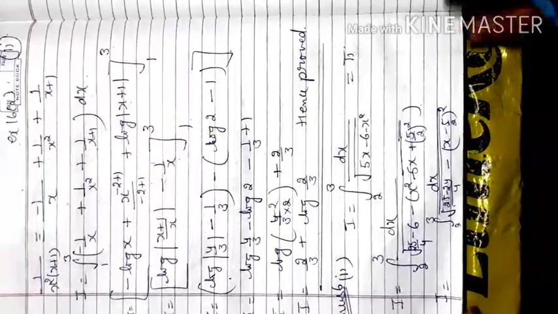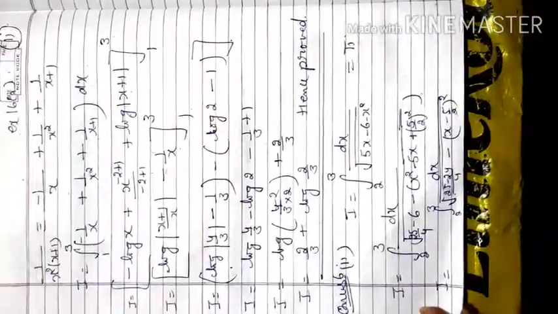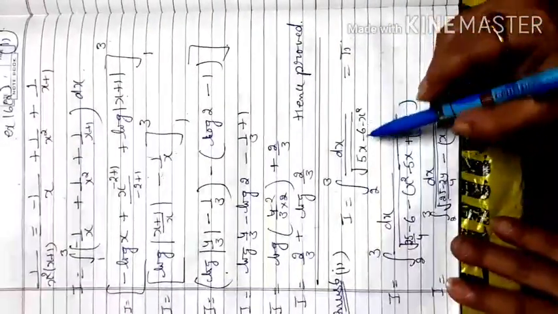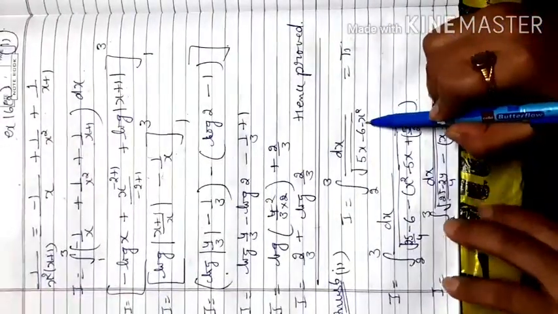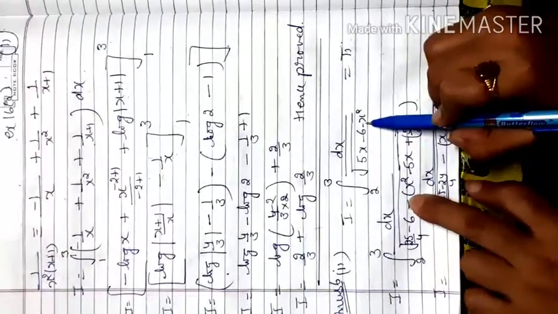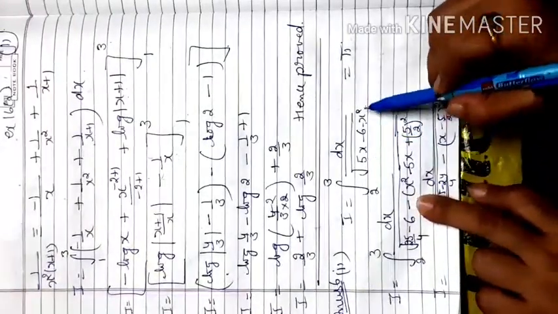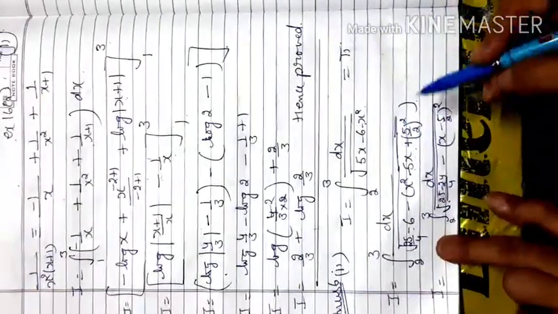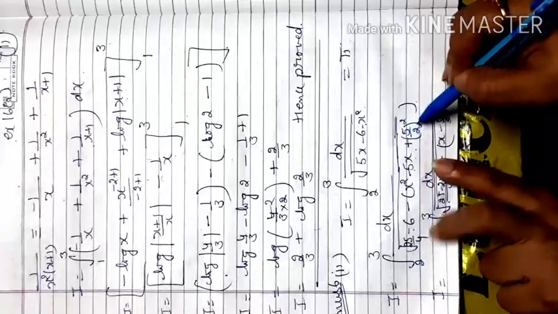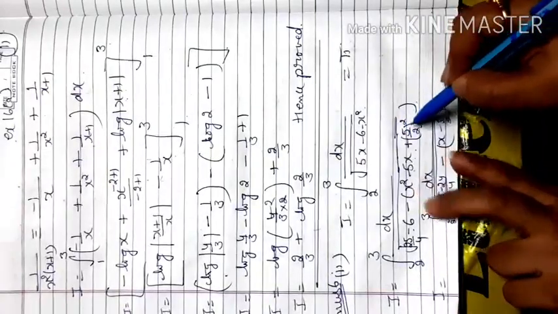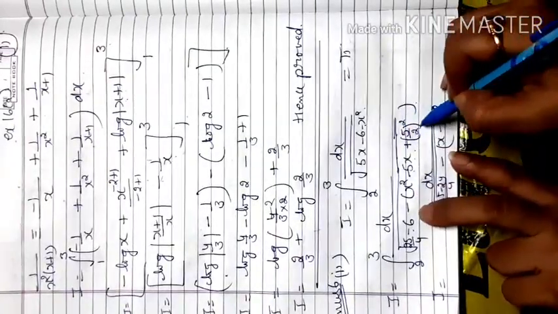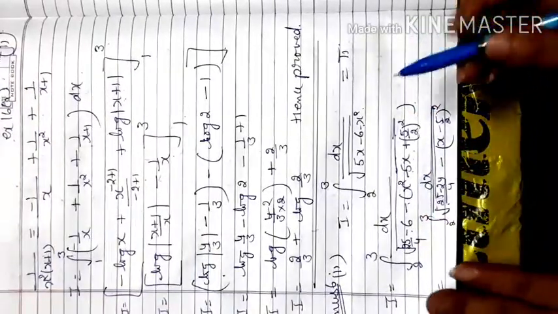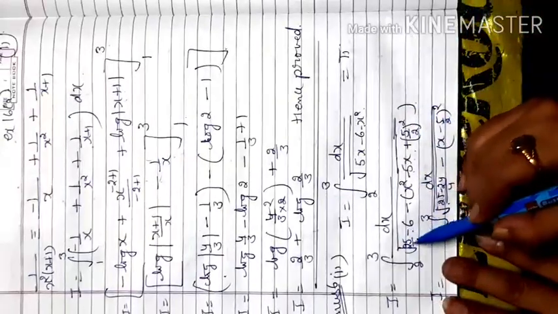So next is sixth question, second part. Here under the square root, a quadratic equation is there. You have to convert it into a perfect square. So x square has a negative sign. If you take the negative sign common, then with x square we have minus 5x and minus 6 on the right side. Here when you add this b value, that becomes 5 by 2 whole square. It is added from our side, but actually, due to the negative sign outside, it is subtracted in the question. So we add 25 by 4 in this.